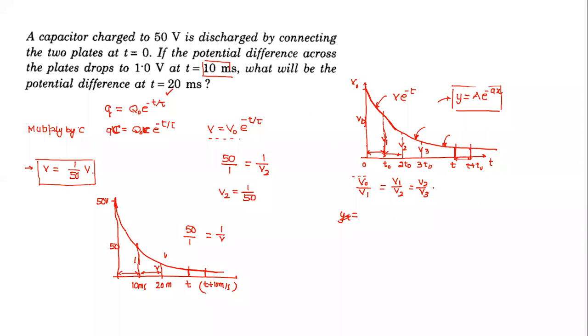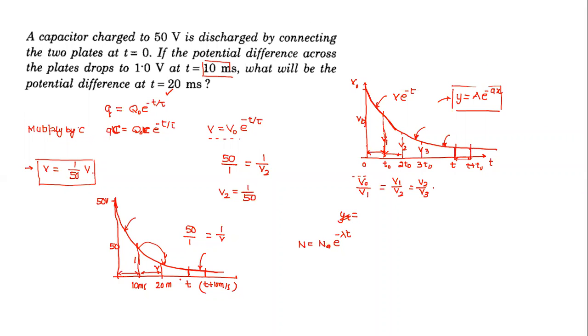And this exponential decay, have you done nuclear in chemistry? Have you done the nuclear part? Nuclear chemistry? Yes, sir. Radioactivity. Yes, sir. They're also the same thing. Exactly the same thing. So there also we'll do some questions which can be solved very easily using this property. There also it is exponential decay. So here charge is decaying as an exponential function. There the half-life for the same period will be the same. So it is not only half-life. What I'm saying is, as long as the time interval is constant, the ratio of ordinates will always remain the same.